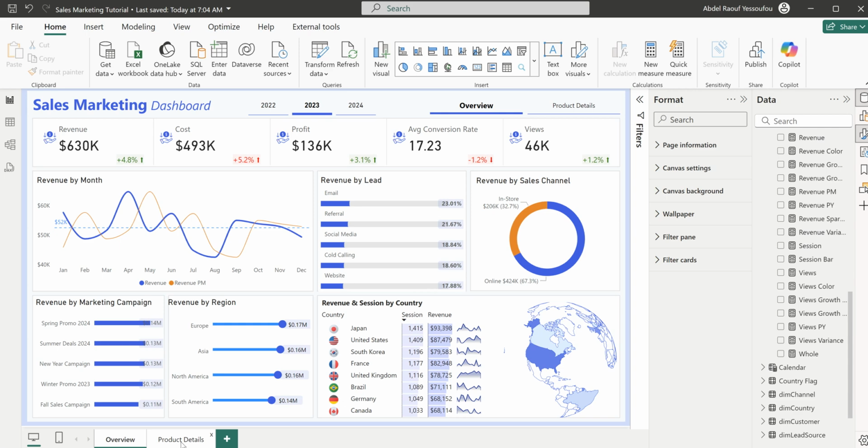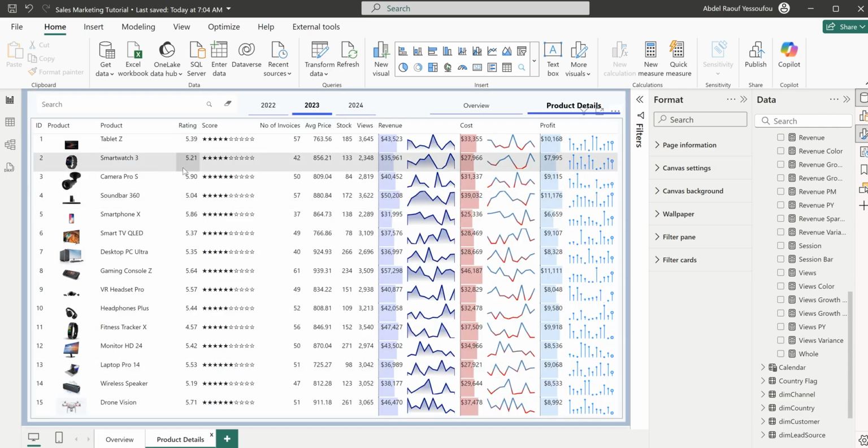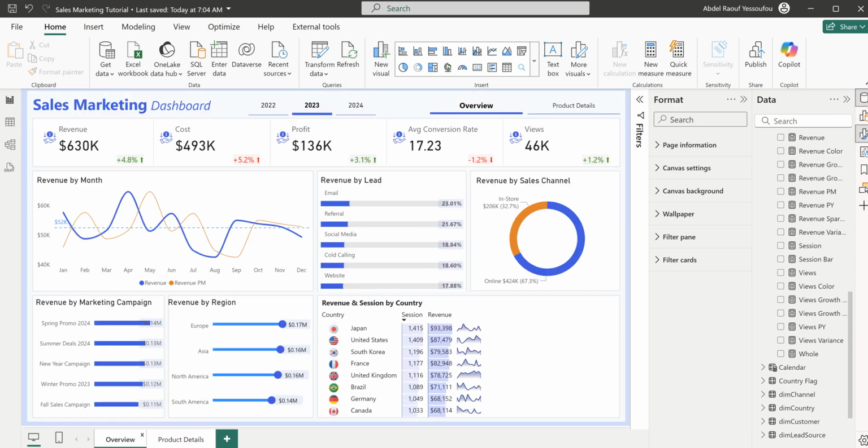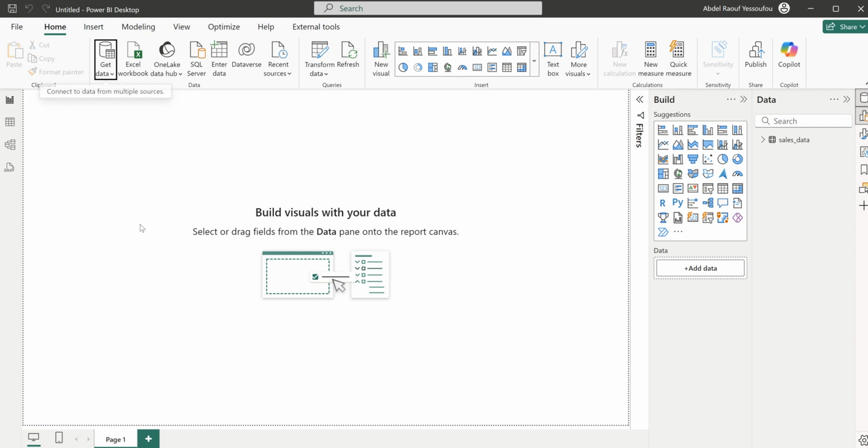On the second page here, we have the product. You can see the product name and the images, the rating, the number of invoices, average price, stock, views, revenue, cost, and profit. Okay, so without wasting too much time, let's open our blank Power BI desktop and then start